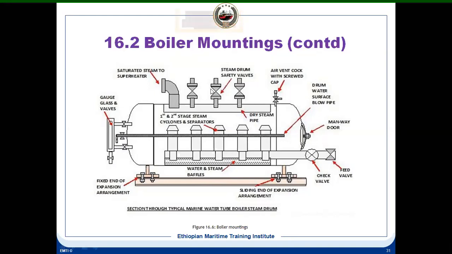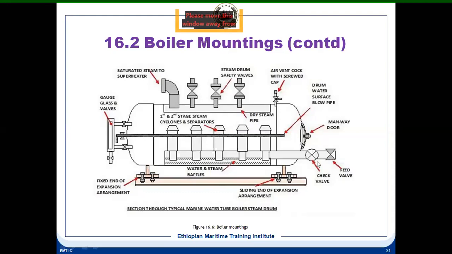Then for the steam drum, you have the safety valves. Then you have the air vent. Then you have the steam drum water surface blow pipe, what we normally know as a scum blow down pipe. So basically all the scum which is floating at the top of the boiler water is collected. There are some shallow trays fitted on this pipe. They collect all this oil and scum which is floating on the top of the boiler water, and then it is blown down